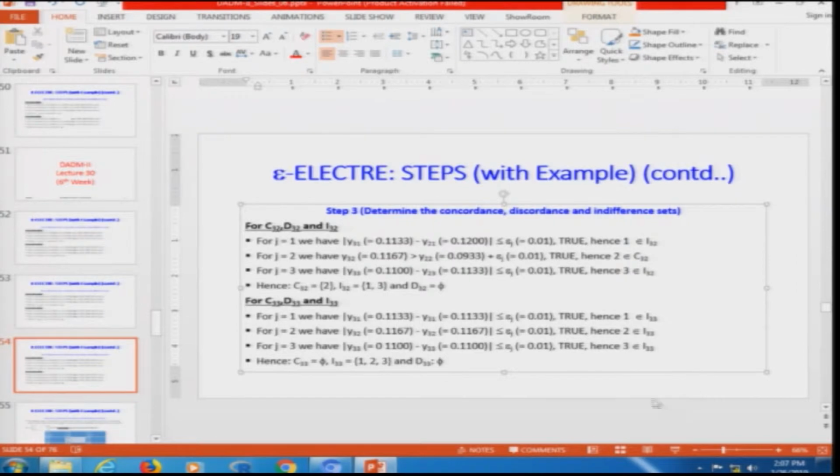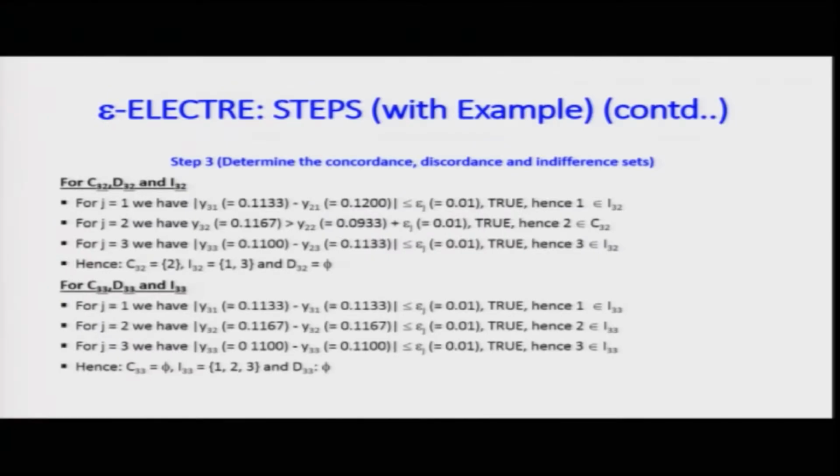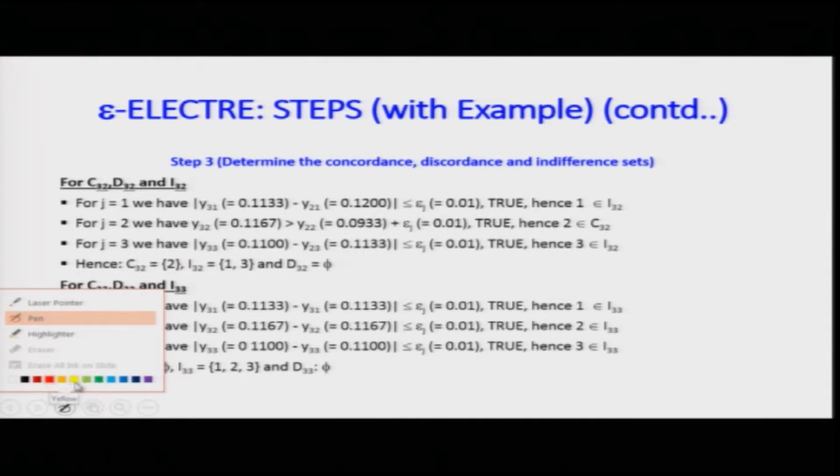So, once I have this, let me save it. I will again highlight the appropriate colors for the cell 3,3. So, I will have, corresponding to I,